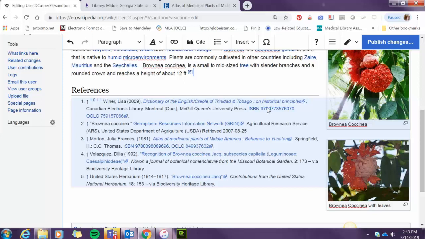You can repair dead links. You can correct inaccurate information. You can add images to pages that lack images, and you can select to add a bibliography to an article or enhance an article with additional biographical information if it's an article about a person.